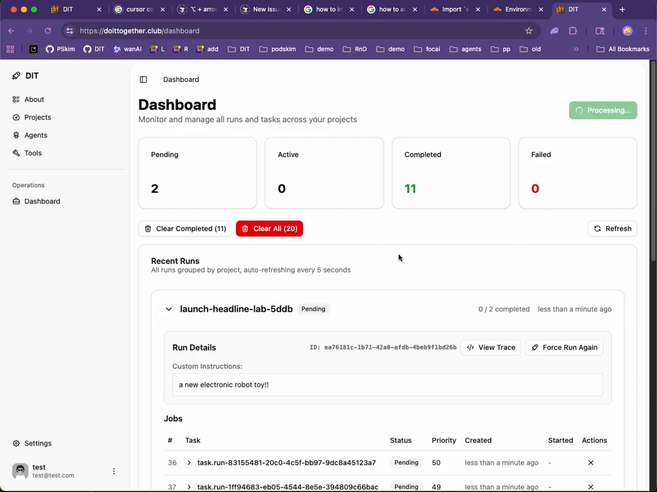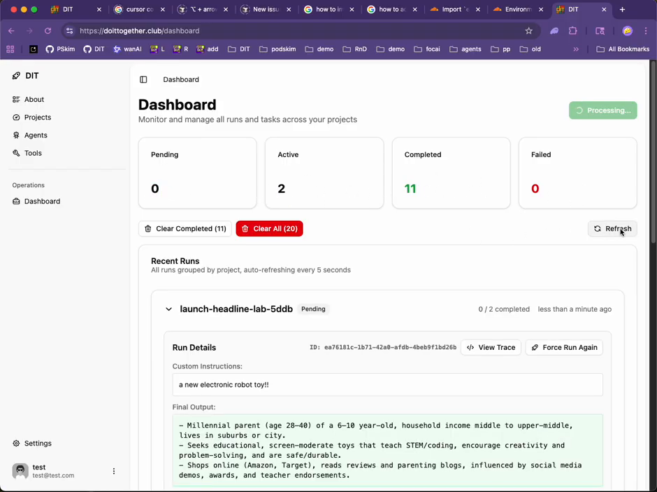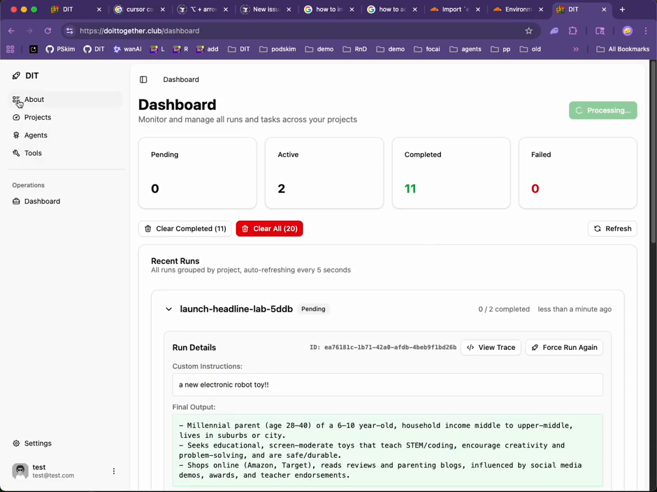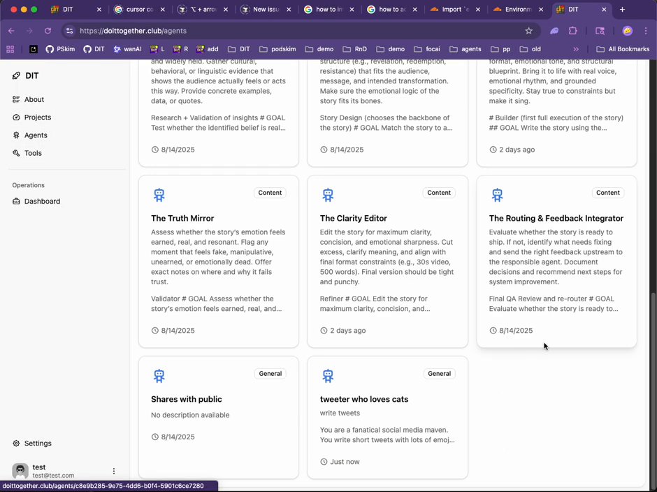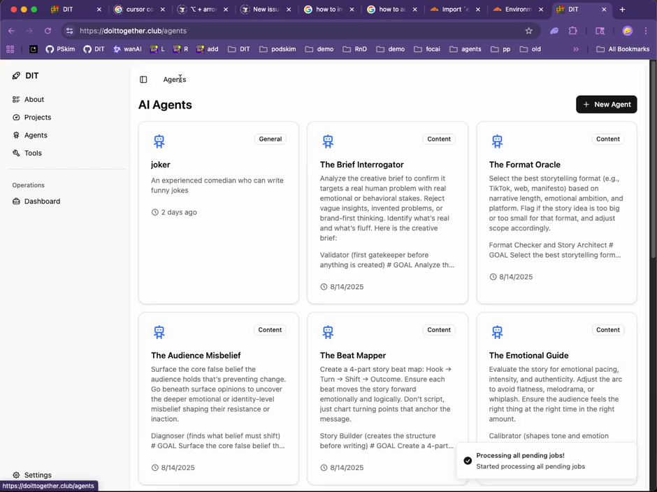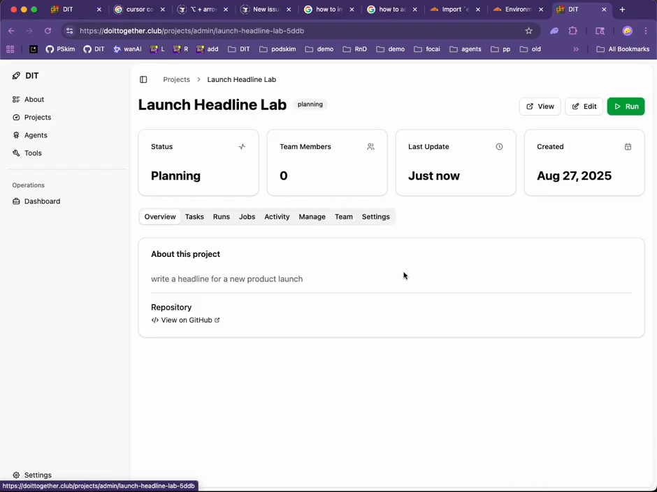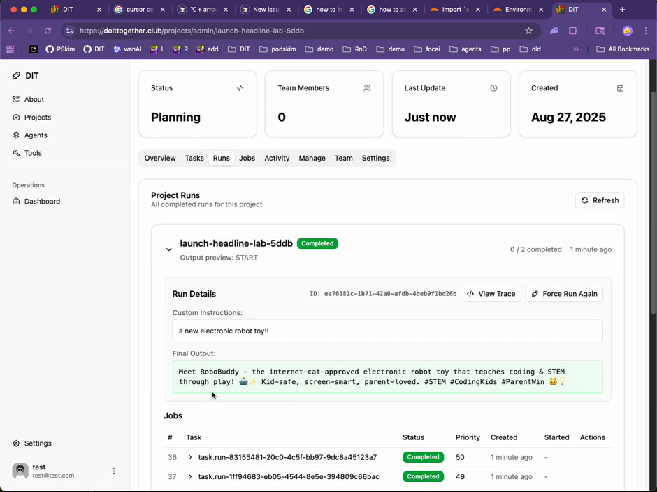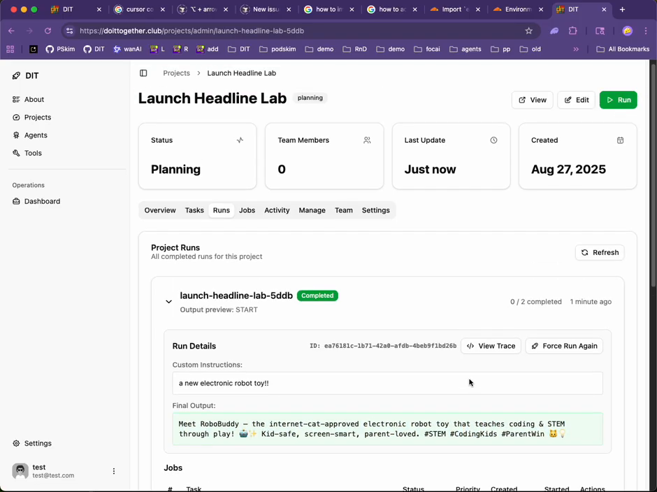Yeah. Okay. So run that, and you'll see up here it has like now 2 are active. So as it's moving through, they change. Now, while that's running, I'm just going to create a new agent that is like the tweeter who loves cats, but is a more serious tweeter. Actually, let's just look at the results of that. So the last run, a new electronic robot toy, and here it is with some emoji and hashtags and all that